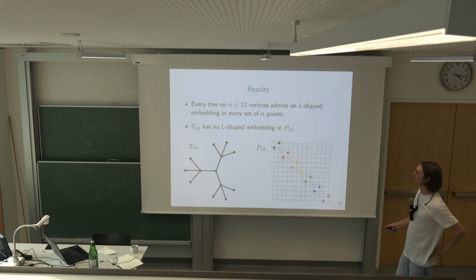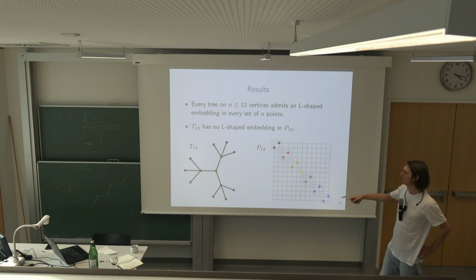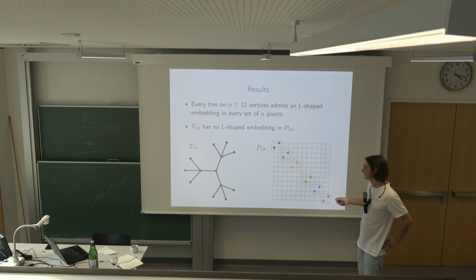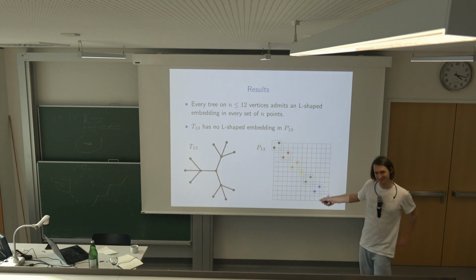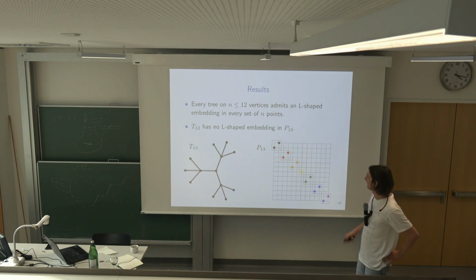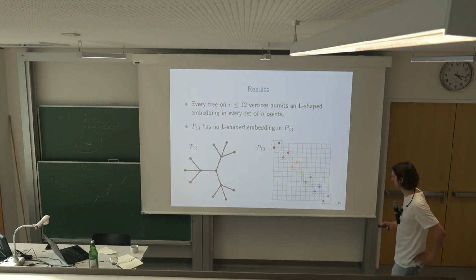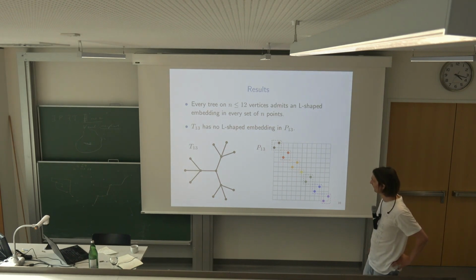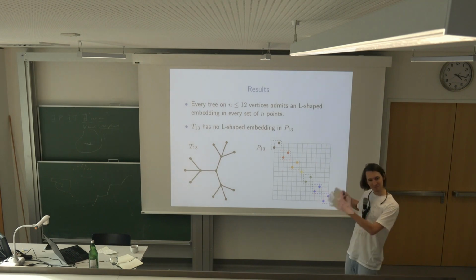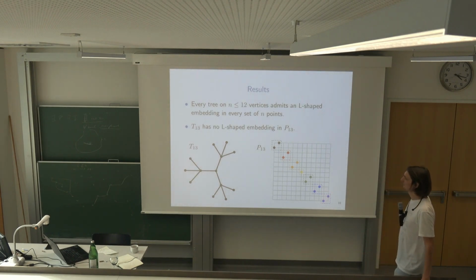Okay. So we have this tree and this point set, and they didn't map. You cannot see this immediately, I guess. Or does anyone see why it works? It's not that intuitive, and also checking it was not that straightforward. We have a handwritten proof at some point, but even if you see the picture, it's not 100%. You don't immediately see why it's true, and this shows how difficult it was to generalize it, and we didn't